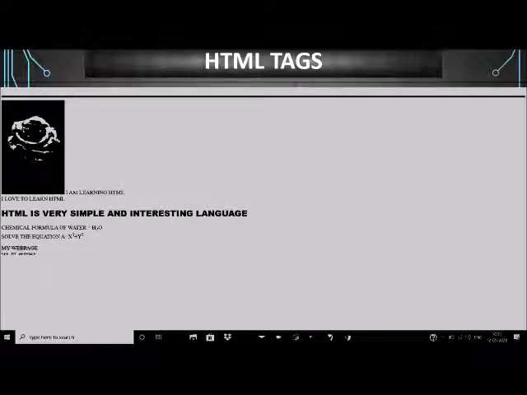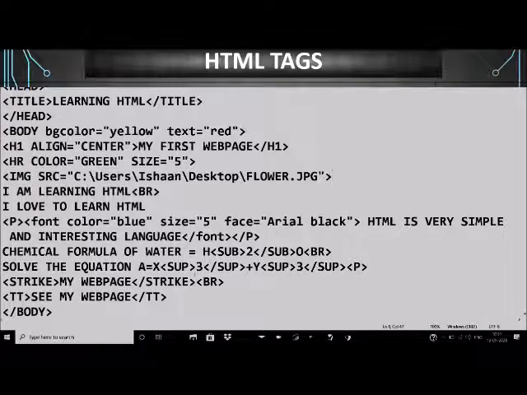We can change its alignment also, and we can apply a border around the image also if we want. So for all these changes, we will use the following attributes of img tag. First of all, align. Suppose I want the image to appear on the right side, then I'll write here align is equal to right.